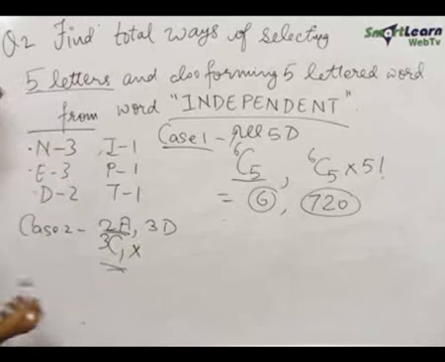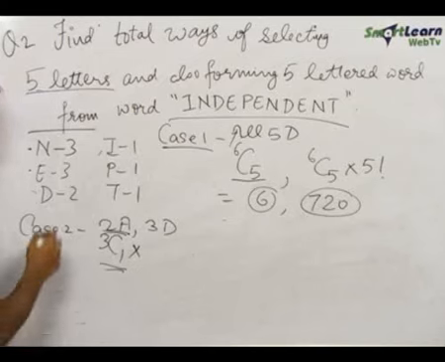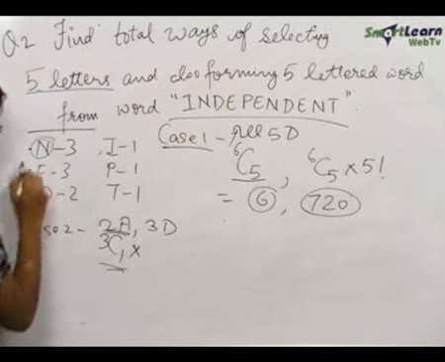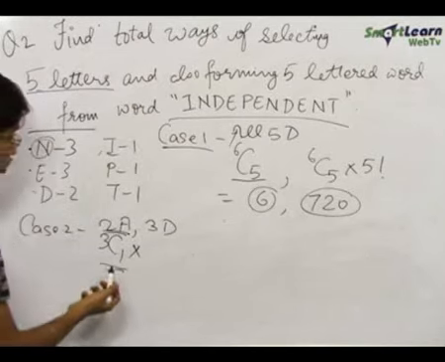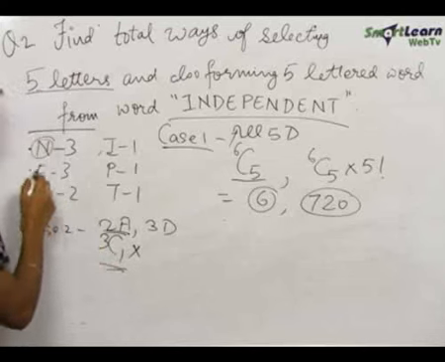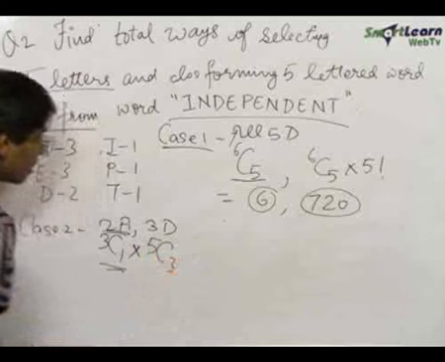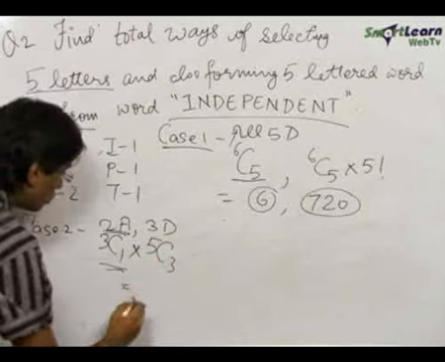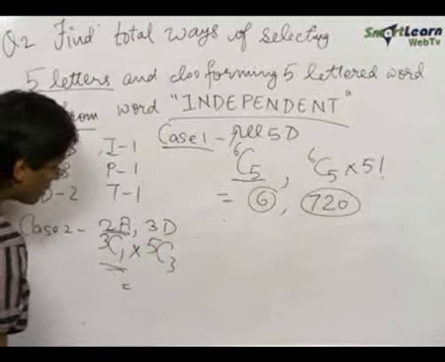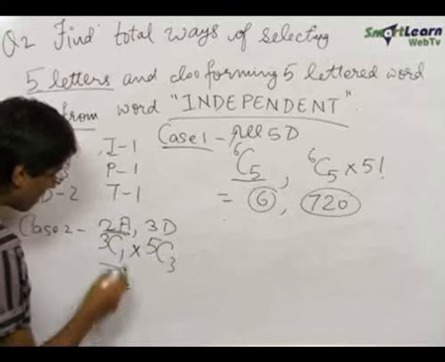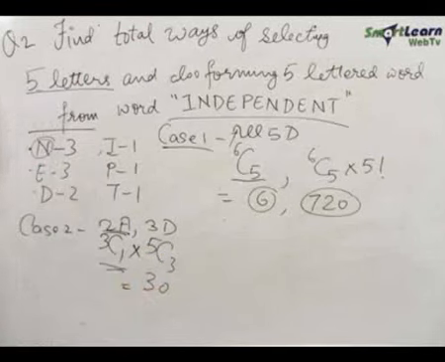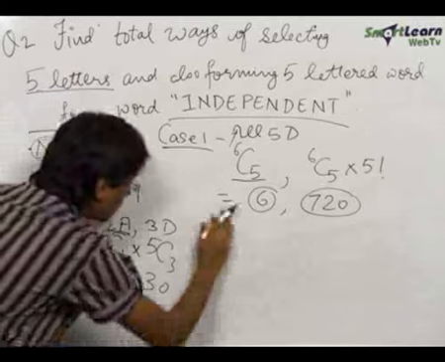Now 2 alike alphabets have been selected, we want 3 different. Now let's say we selected N. So the alphabets which remained are E, D, I, P and T, that is 5, and we need to select 3 out of these. So this becomes 3C1 into 5C3, that is 5C3 is 10 into 3, 30, and the words that can be